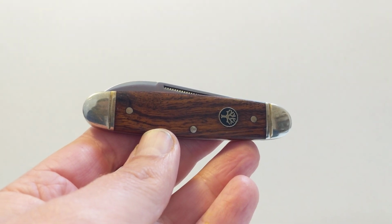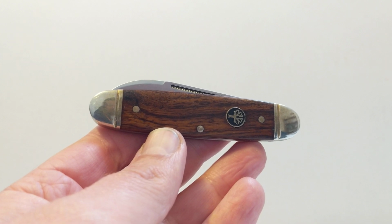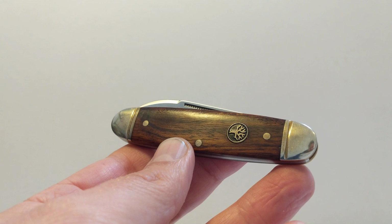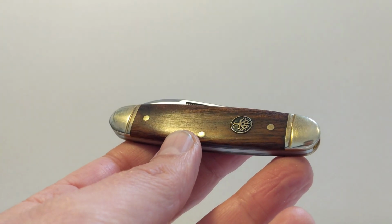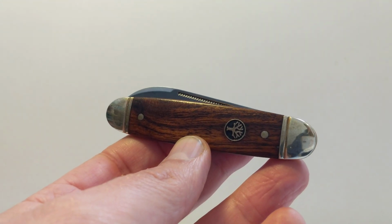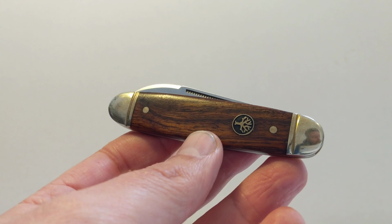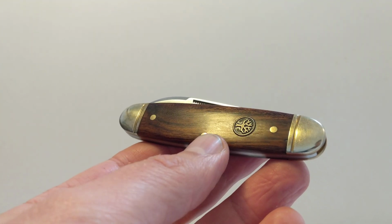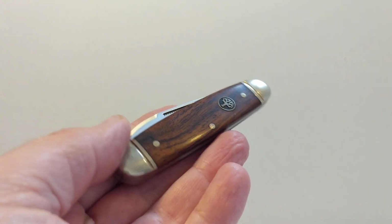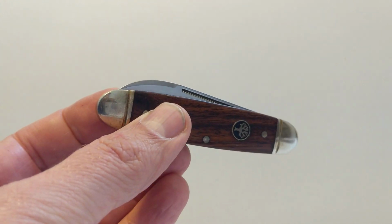Hello, this is the Böker Club Gentleman from Solingen in Germany. It's worth pointing out that there's a few different Böker brands. This is the top of their brands, I think, the Böker Solingen. They do a Böker Plus that's made, I think, in China. But this is made in Germany, handmade in Germany, they claim on their website, and this is a really nice